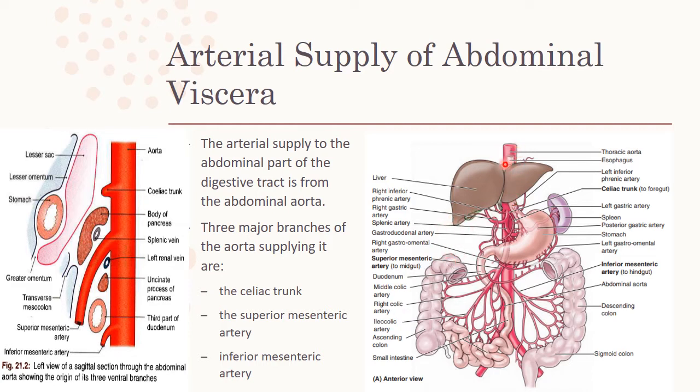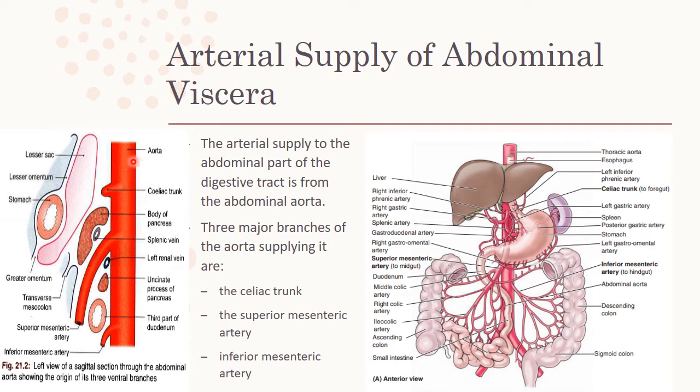Over here we have a picture representing this blood supply. We have the thoracic aorta over here. It crosses the level of the diaphragm, comes into the abdomen, becomes the abdominal aorta. Then it gives off these three large major trunks. The first trunk is the celiac trunk, which supplies the viscera which are derivatives of the foregut. Then we have the superior mesenteric artery, which supplies the viscera derived from the midgut, and then the inferior mesenteric artery, which supplies the viscera derived from the hindgut.